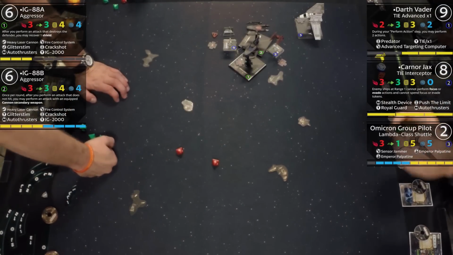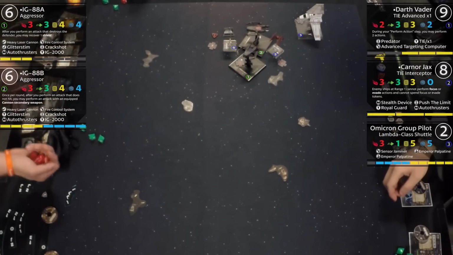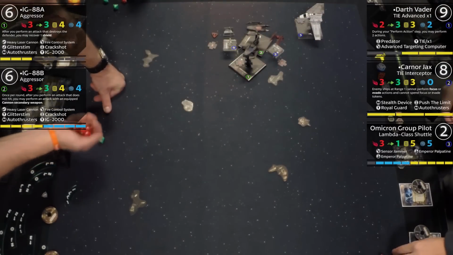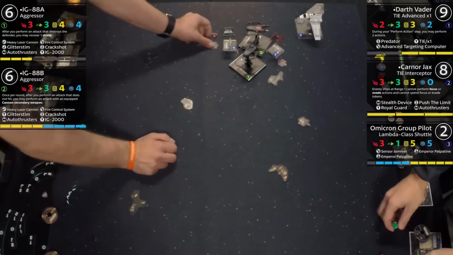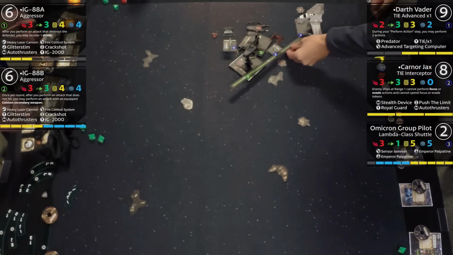All right, 2 crits. Phillip just sitting on 2 crits there. And looks like we got evades. Not a problem. And that's actually a really big deal, because if he can do a damage there, it gets the stealth device on Carnor. Which he did not. Shooting the Lambda. Shoots. Moves the target lock. And we'll see if he's...